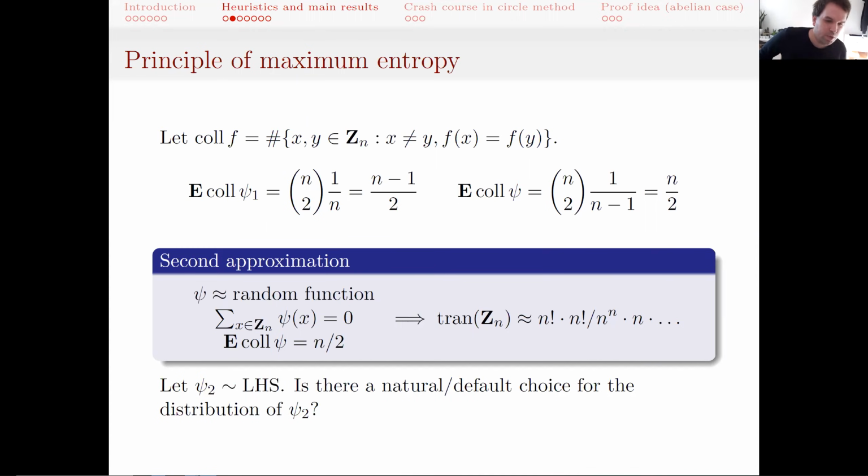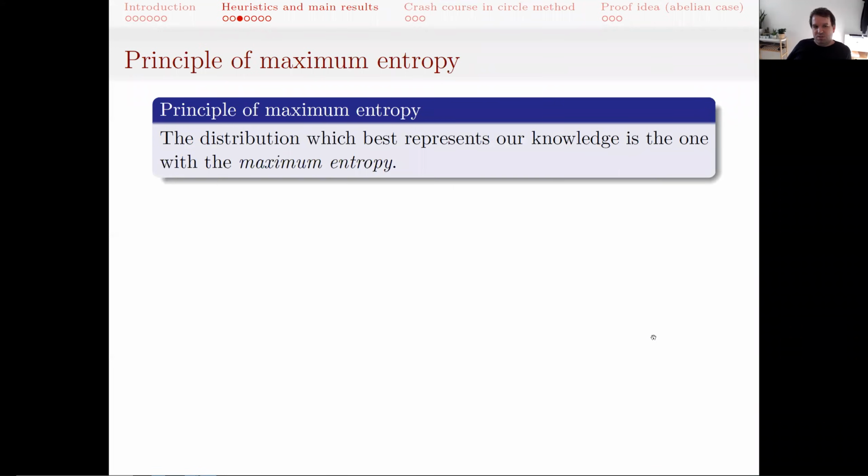However, we can apply a nice principle called the principle of maximum entropy, which says that the distribution which best represents our knowledge is the one with maximum entropy. I should say that this principle is just a heuristic or philosophy, whatever you want to call it, but it's certainly not mathematics. So there is no proof that this is indeed the best thing you can do, but it is a good guiding principle